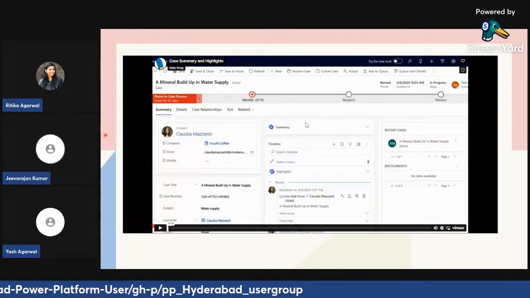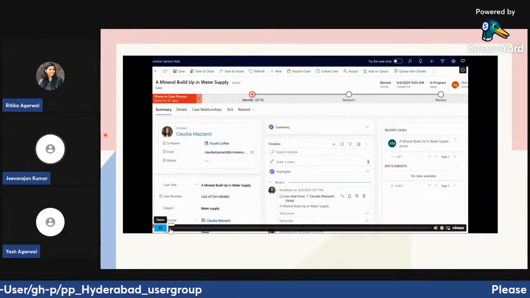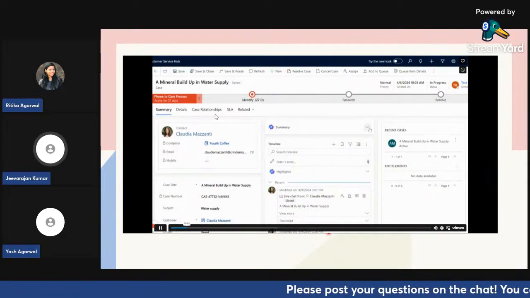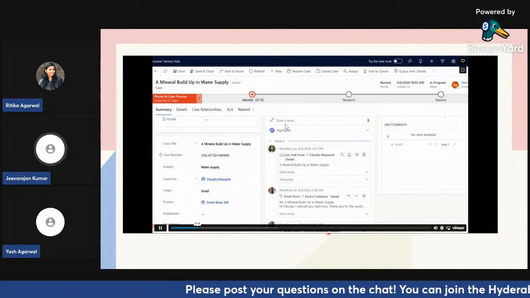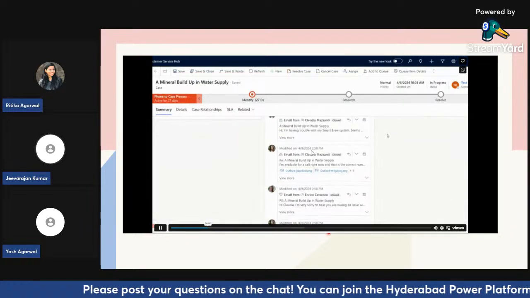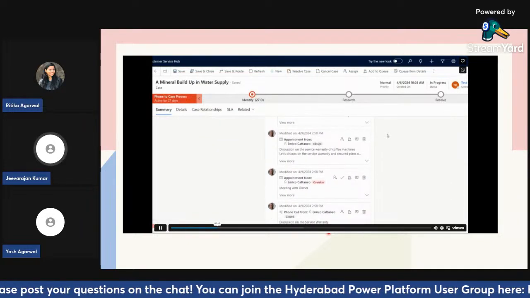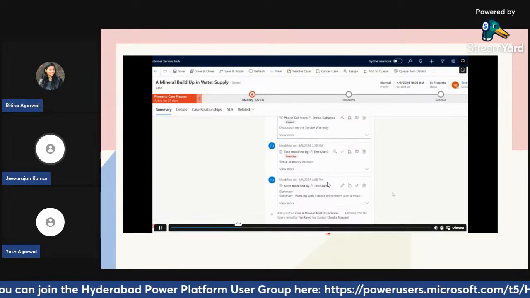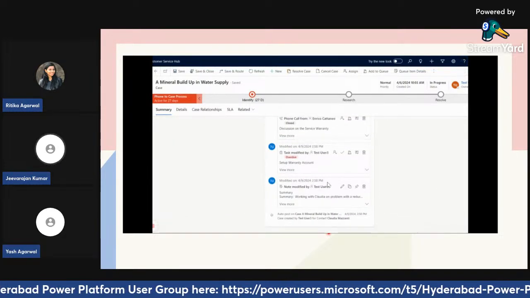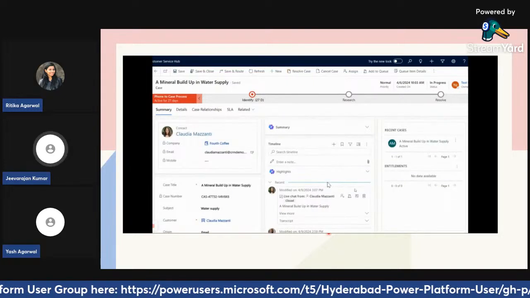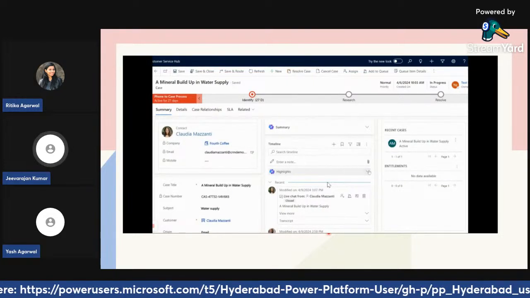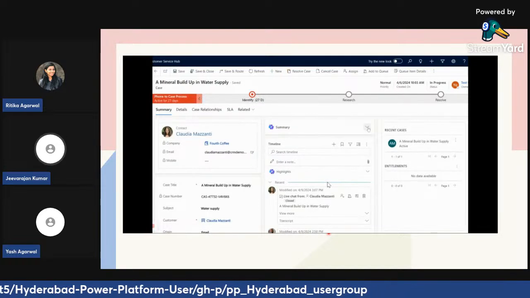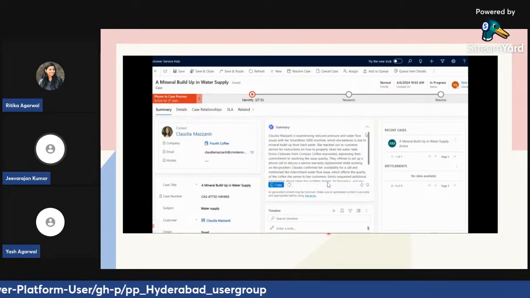For example, here I just have another video that's recorded, and as you can see, I have a timeline here. I have a case here, and I can just go to the Copilot icon on the form in your main form, and then you can see the timeline summary. There's a bunch of activities here. I couldn't show this demo because I don't have enough activities in my demo environment. But you can see here that there are lots of activities. Once you have a sufficient amount of activities, you can enable that highlights button in the Copilot, and then you can basically summarize it.